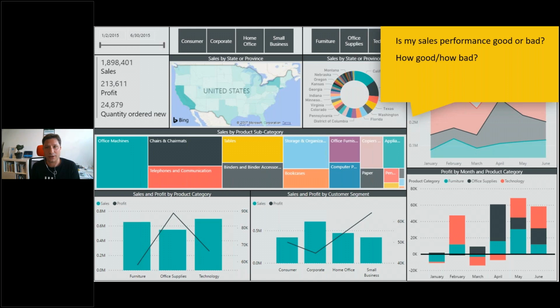And second question, how good, how bad? Is it on the target? Is it above the target? Is it like, oh, only half of the plan or something like that? I don't really know. I have no idea. And why is the sales performance as it is? Again, I don't know. I don't have this actionable information that will tell me, all right, you're like 30% below the plan, and this is why, and you should focus your attention on this, and this is what you're going to do about it. So these are the key 4 questions that are like a litmus test for your dashboards and